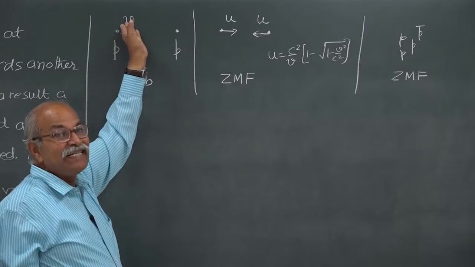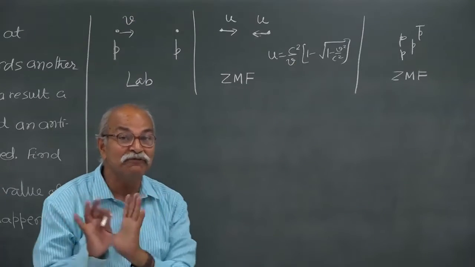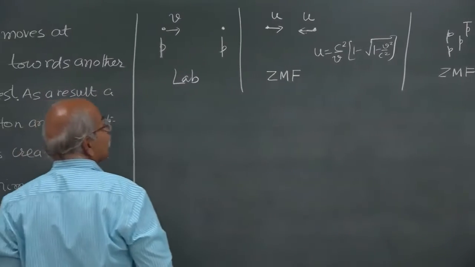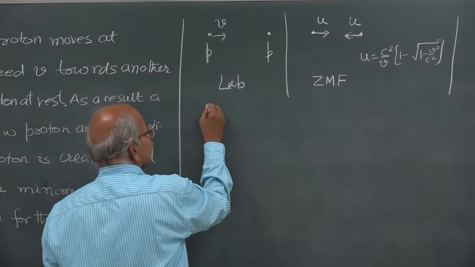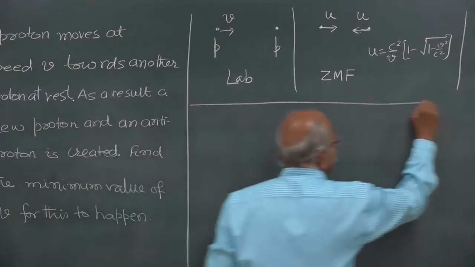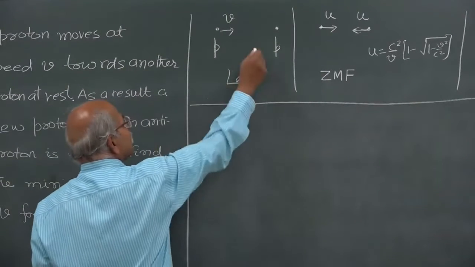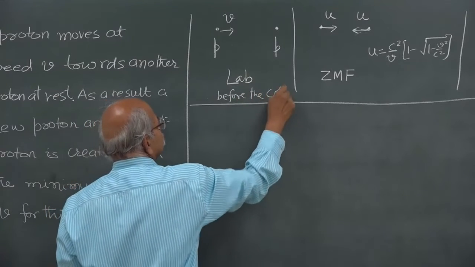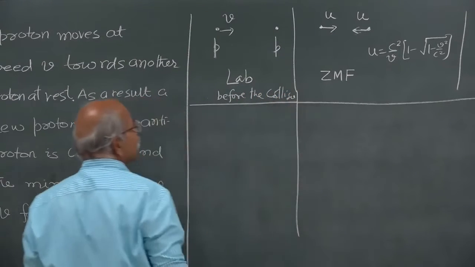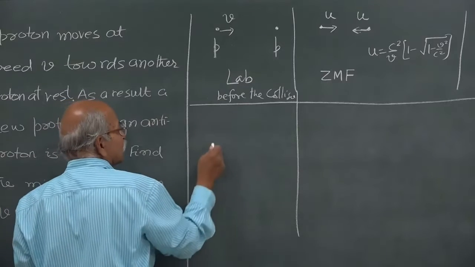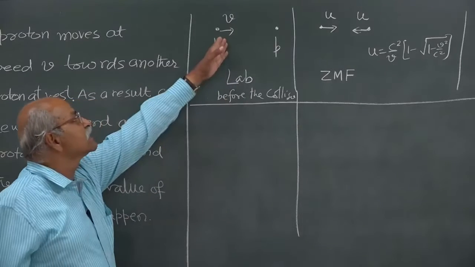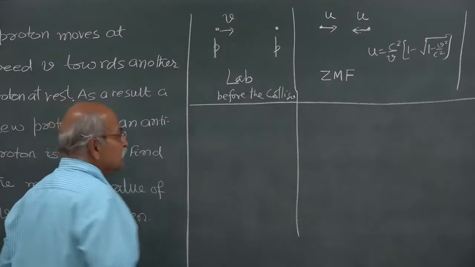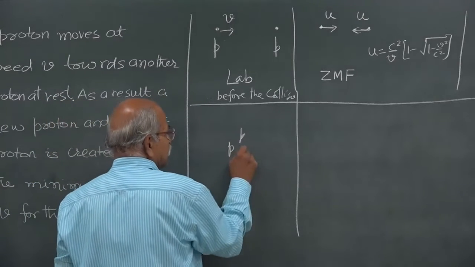But that will be tedious algebra, but there is a beautiful way of doing it, absolutely fantastic. So, this is the lab frame, let me do it again. In the lab frame, this is before the collision. In the lab frame, what will be after the collision? You will have 4 particles, and the 4 particles must move because there is a momentum, and hence you have the 4 particles P, P, P, P.